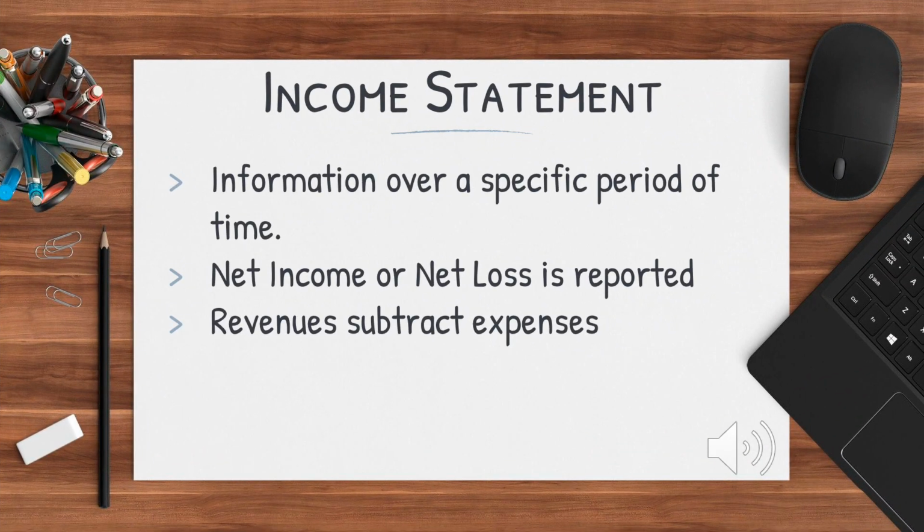At this point, you should have already noted what the income statement is, and these things are specific to the income statement. One, it shows information over a specific period of time, and this information is going to be in monetary terms. We're going to be using money. Second, it shows if you made a net income or a net loss over that specific period of time. And three, it is as simple as listing your revenues, which is this big word for sales, the money you